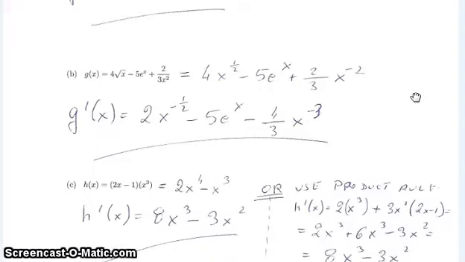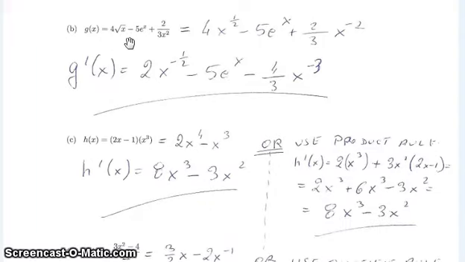B. G of x is equal to 4 square root of x minus 5e to the x plus 2 over 3x squared. So you can't find the derivative of this function in this form. You have to get rid of that square root, and you have to move x squared to the numerator. So you have 4x to the 1/2 minus 5e to the x, that doesn't change, and then 2/3 x